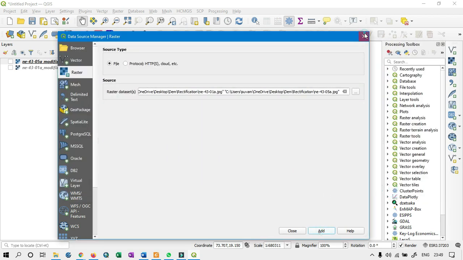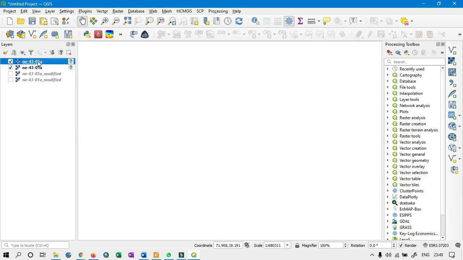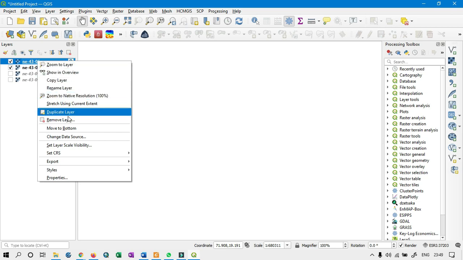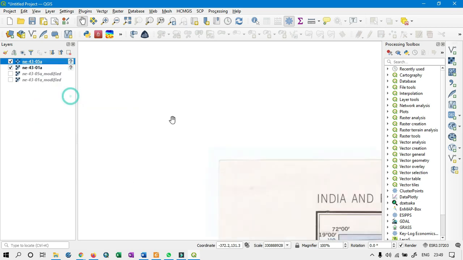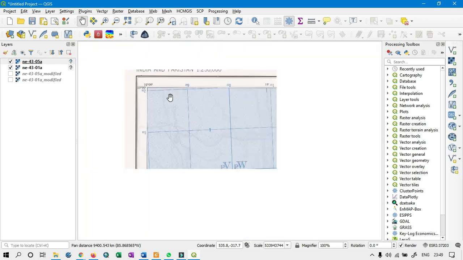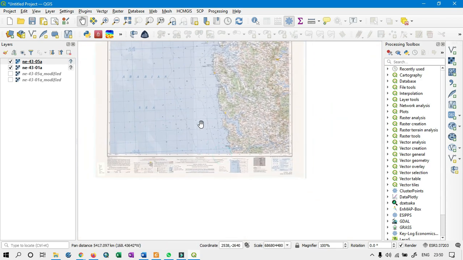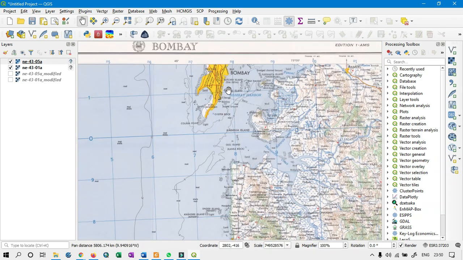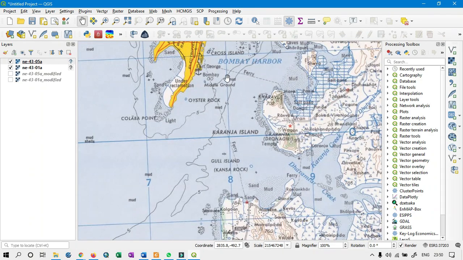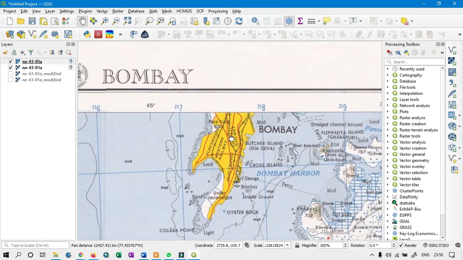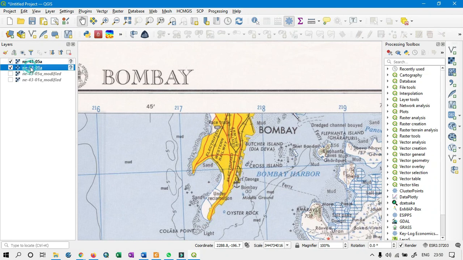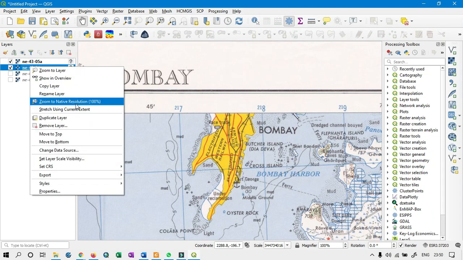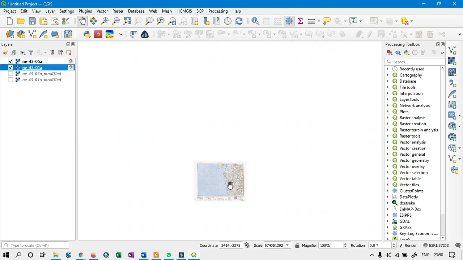In this case I have downloaded the raster images of Mumbai coast, that is the west coast of India, and these are two topographical maps which successively overlap.